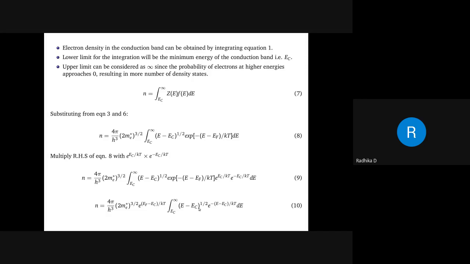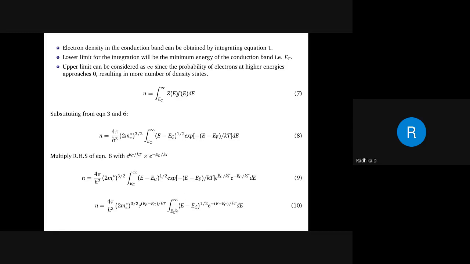Now obviously if I change here, what happens? Instead of E minus Ec it is x, so it is x to the power of half. Here also exponential of minus (E minus Ec) is again x, but 1 by kT is a, so it is e to the power of minus ax, right? And dE also will change. Basically, I have now written in terms of x. If I am going from energy to the variable x, I should change the lower limit and upper limit also accordingly. So what happens next? Your lower limit of energy is Ec.